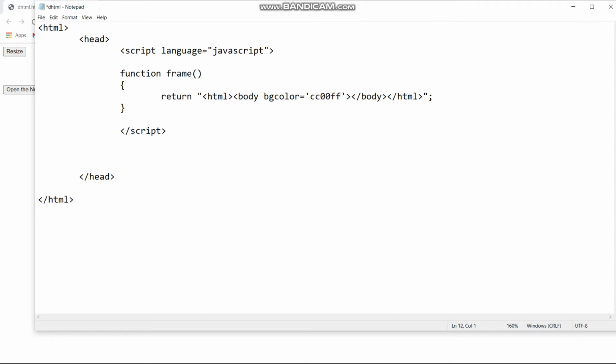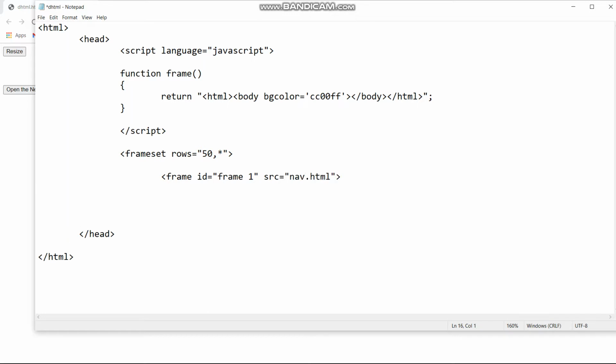Now after the script tag, just write frameset. Just start the frameset tag. Inside, the attribute rows equals to, inside the double inverted commas 50, and then comma asterisk. As you know, I have told you earlier why the asterisk has been used here, so you can understand it by yourself. Go back to the videos I have taught you, and after that you have to use frame tag,